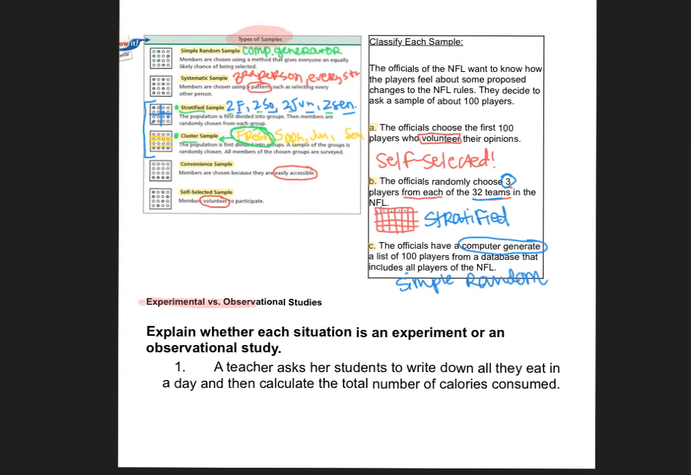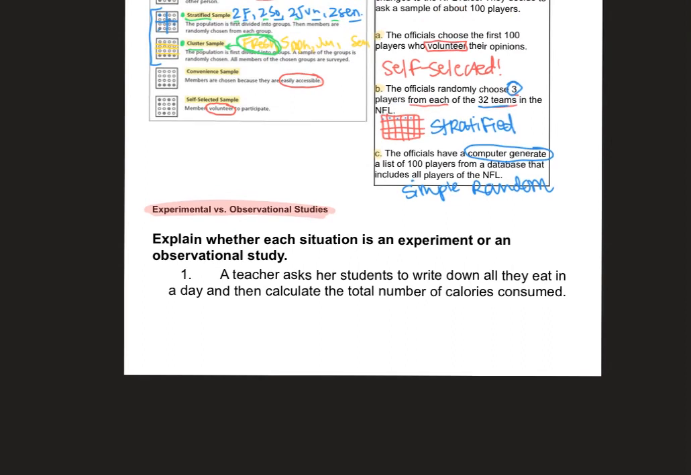Now we're going to go over experimental and observational studies. So this one's a little bit different. You are explaining whether each situation is an experimental or an observational study. A teacher asks her students to write down all they eat in a day and then calculate the total number of calories consumed, okay? This is going to be